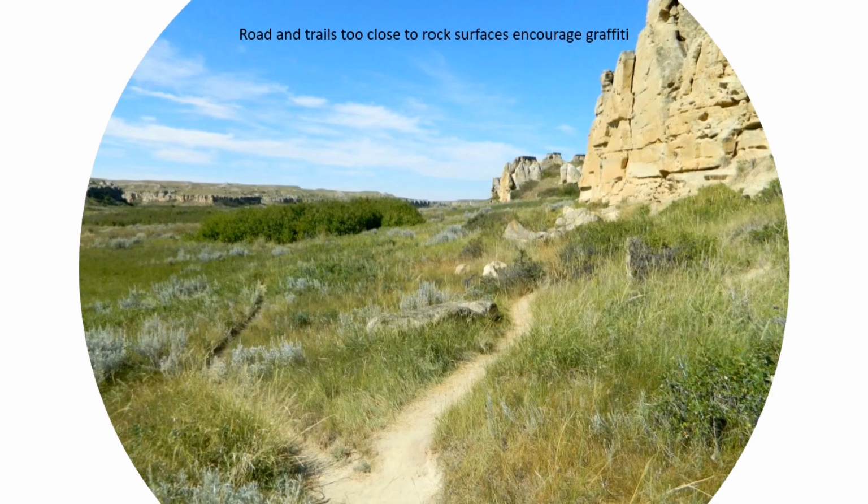In terms of scheduling or ordering of actions at protected sites, it is vitally important that all access roads, parking lots, and foot traffic trails be moved some distance away from the rock surfaces with imagery before the graffiti removal and/or camouflage takes place. Perhaps the most critical point in this presentation to take into consideration is that waiting to create physical barriers, distance between visitors and rock imagery panels, until after graffiti removal has almost invariably resulted in more graffiti being added